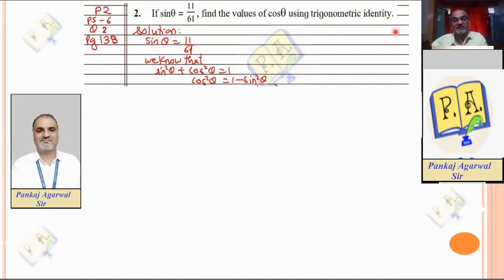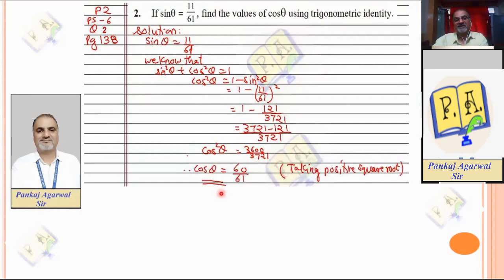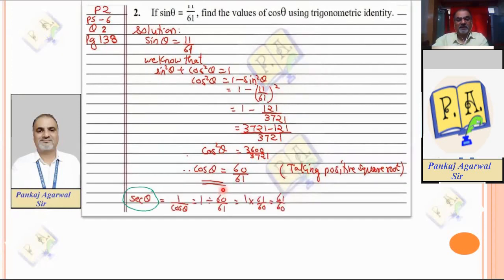I cannot use the 9th standard method over here now. So again, cos square theta is 1 minus sin square theta. Substitute the value of sin theta, 11 upon 61. I'll get after calculation cos square theta is 3600 upon 3721. Taking the positive square root, I got the answer. Now, if I use the 9th standard method, the answer will be lengthy. But the 10th standard method says it is easier, faster, better. Okay. When you're practicing this answer, only cos theta was asked.